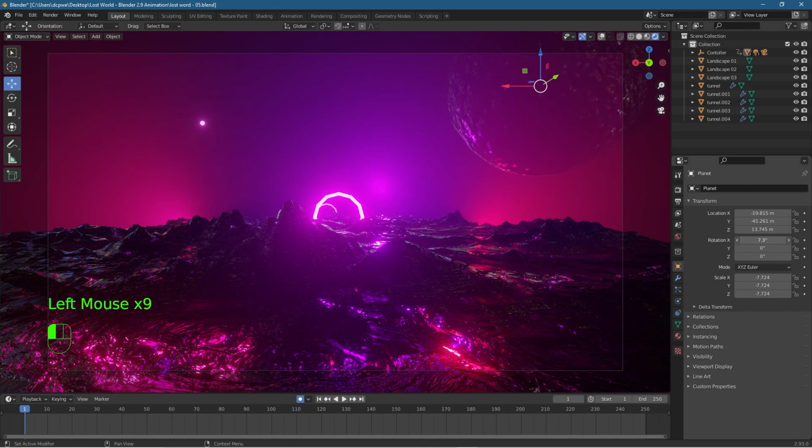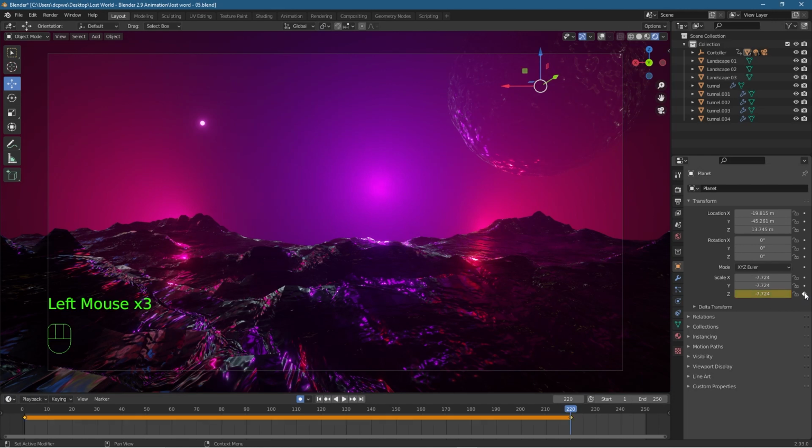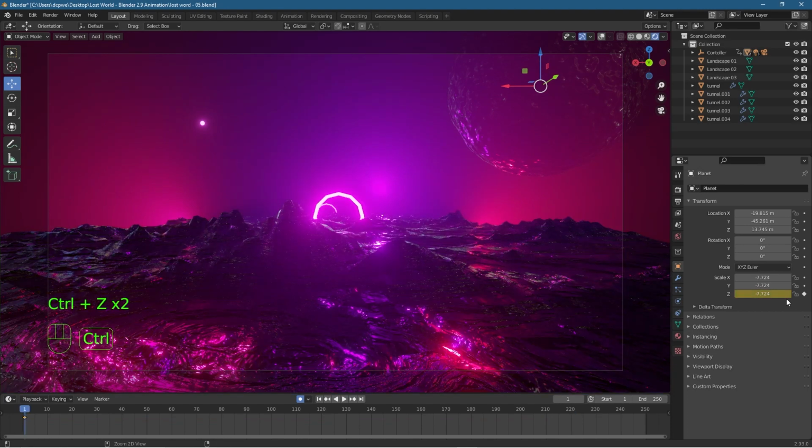We want to rotate it not on the X, it's on the Z axis, isn't it? Obviously. So let's add a keyframe for the Z. Let's set it to 220. Add another keyframe here. This is for scale. So I'm still doing this wrong. Let's undo that. Press Ctrl Z to undo it. Then click here. We'll get it right,